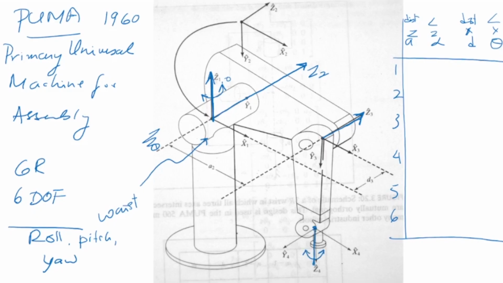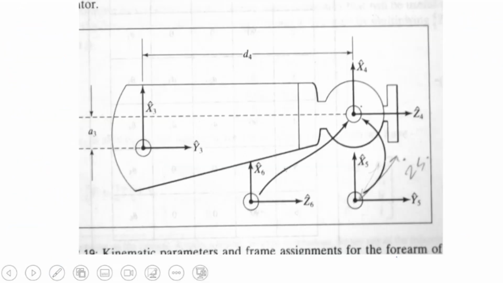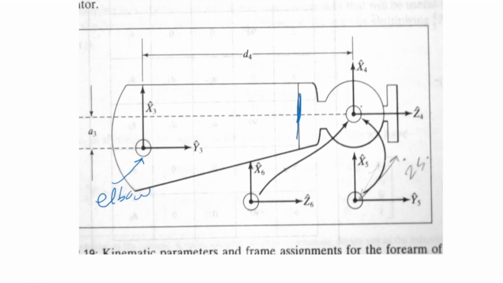Now this part is shown in the next figure more closely. So this was the elbow joint. This is my wrist joint. So this is called the roll axis. It can roll about the wrist like that. So that's a roll axis. Z4 is there. Now Z5 is a pitch axis, which is on this side. So Z5 is there, and then Z6 is again on this side, which is my Z6 axis.